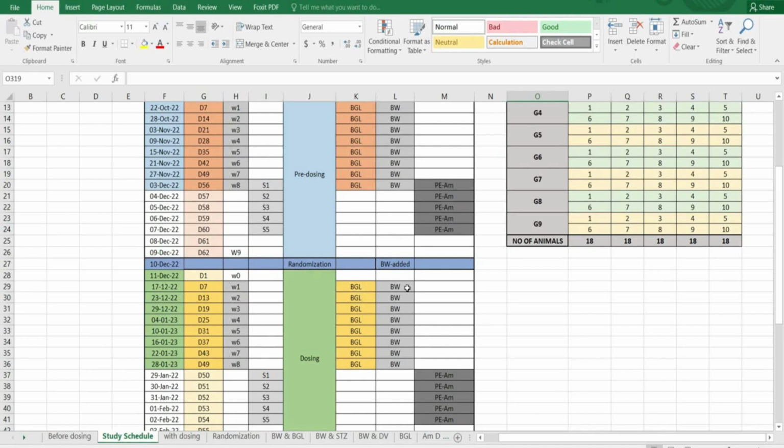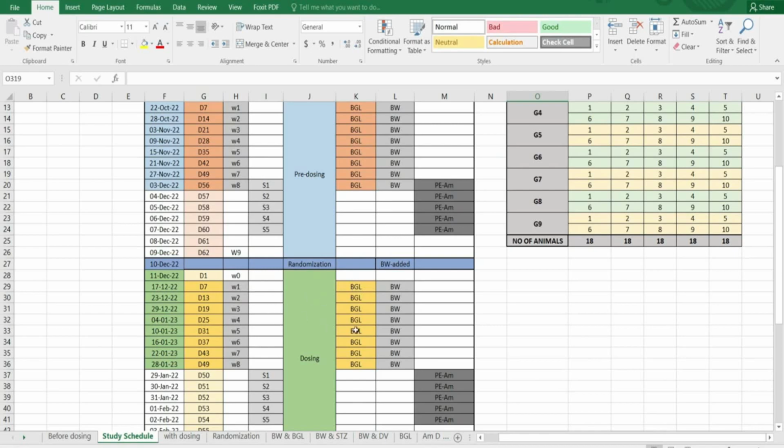And after this, the next step is to check body weight, and that should be done set wise, meaning on a daily basis. The blood glucose level check and body weight, you have to take set wise every day, because on the day you are dosing, the same day you have to check the same set's blood glucose level and body weight. That type of